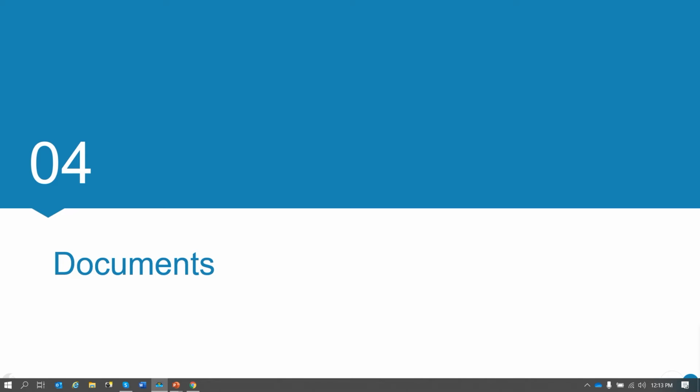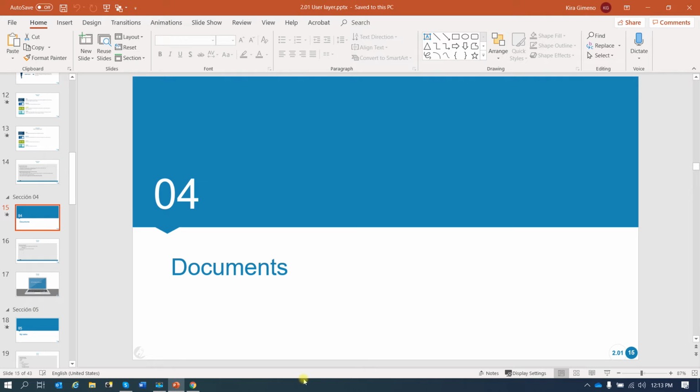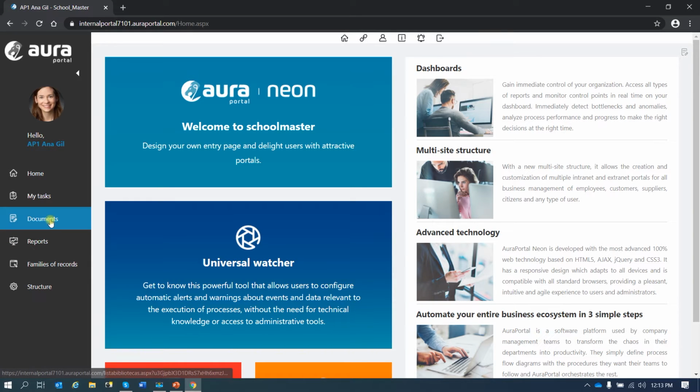Documents. In this module, we are going to learn how the user can create new libraries and how to interact with them. If we go to the installation, to Documents,